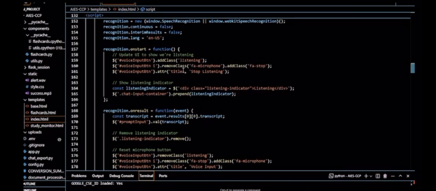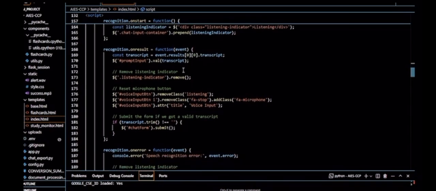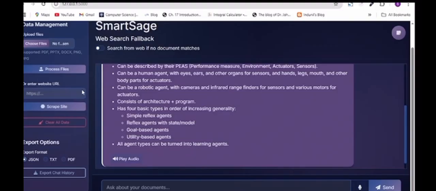If the detected text is not empty, the app automatically submits it to the chatbot, just like regular text input. If there's any error during recognition or if the user cancels it, the UI resets to the default microphone icon. This allows hands-free interaction with the chatbot, making it more convenient for users who prefer speaking rather than typing. Now let's see a demonstration